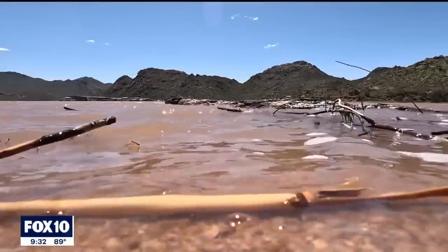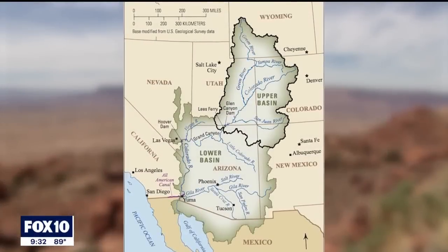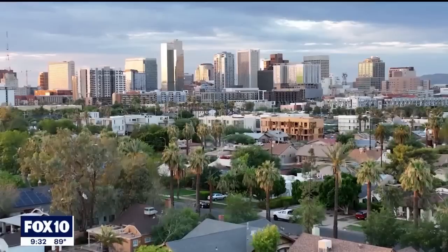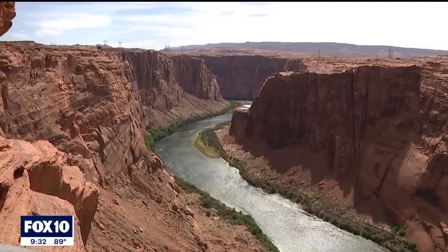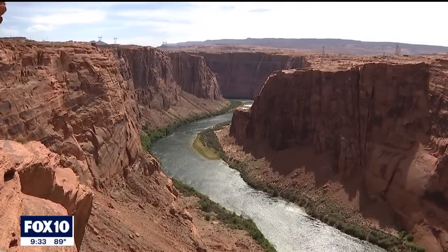from soil and plants absorbing our runoff to evaporation stealing from our reservoirs, a problem that becomes more obvious across the Colorado River Basin. Seen on this map, it's a much larger basin compared to Phoenix's Salt and Verde. And unlike in Phoenix, where water supply and demand are roughly equal, water along the Colorado River is over-allocated and often undersupplied. The hydrologic drought that my office deals with more deals with reservoir storages and long-term water supply conditions